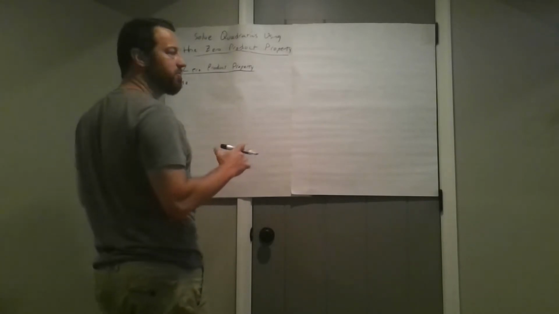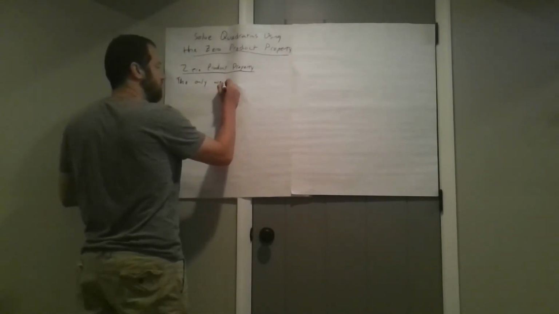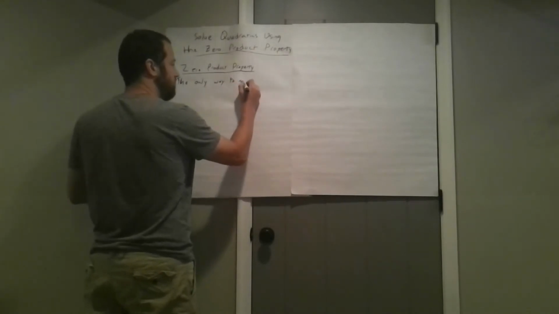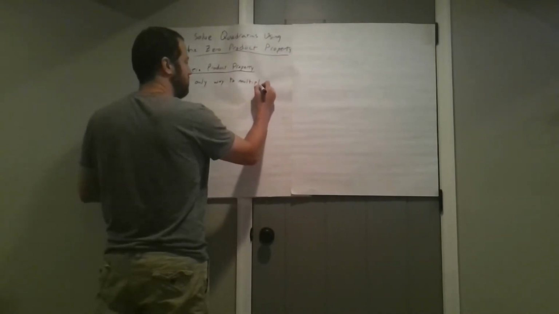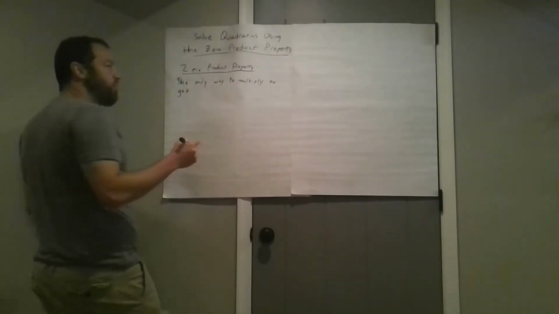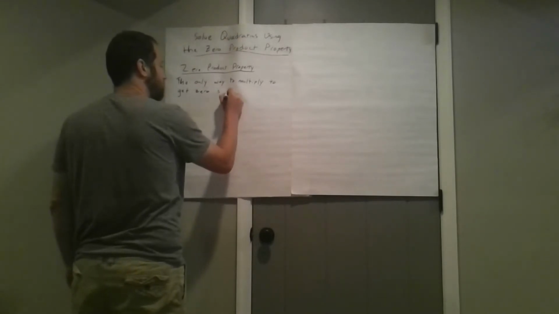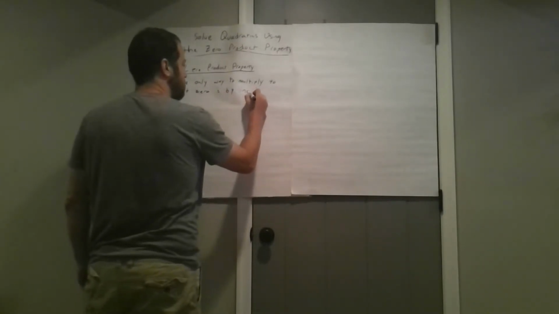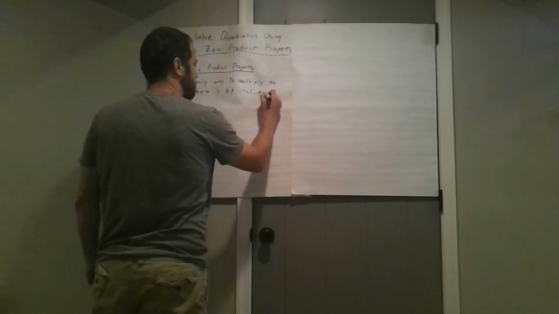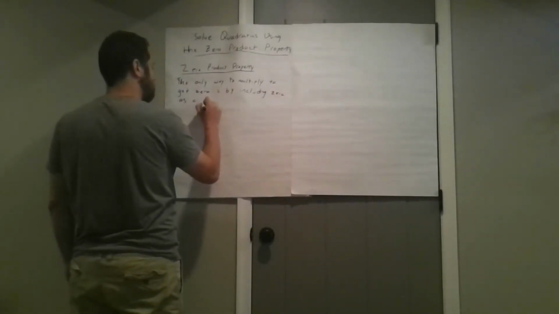And all the zero product property states is that the only way to multiply to get zero is by including zero